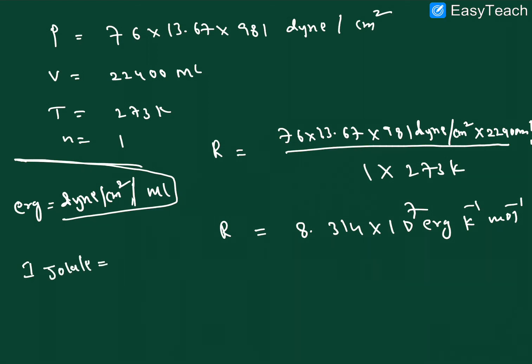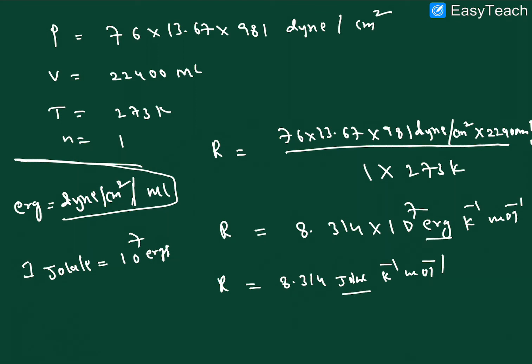A 1000 ml sample of a gas at -73 degrees centigrade temperature and 2 atm is heated to 123 degrees centigrade temperature, right? And the pressure of the gas is reduced to 0.5 atm, right? 2 atm to 0.5 atm, the pressure is reduced. So what will be the volume, right?